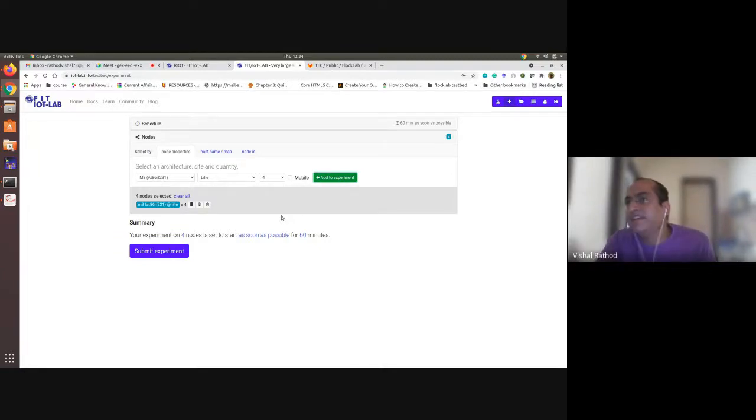They give you SSH access to run the command line interface, but they do not give you the permissions to upload your code there. So how can you do it? I will show you later. For now, 4 nodes will be added, and these 4 nodes will be assigned randomly. But if you want to select particular nodes and create a topology, you can use either of these 2 methods. Suppose I will show you that.